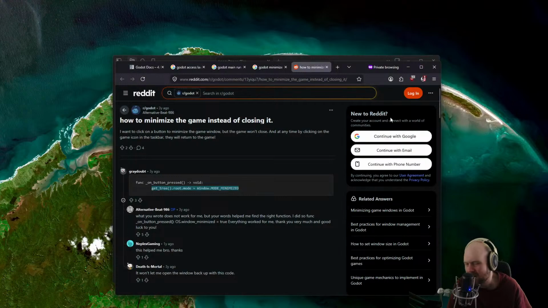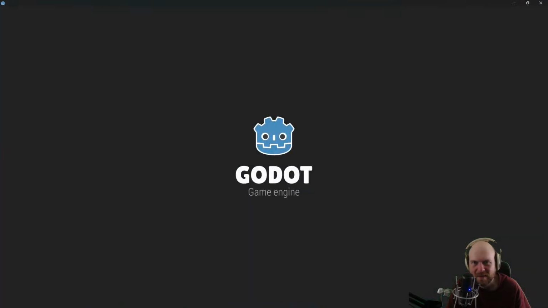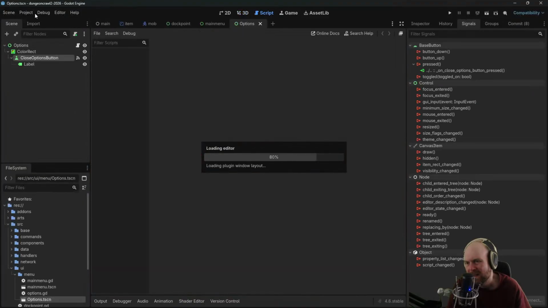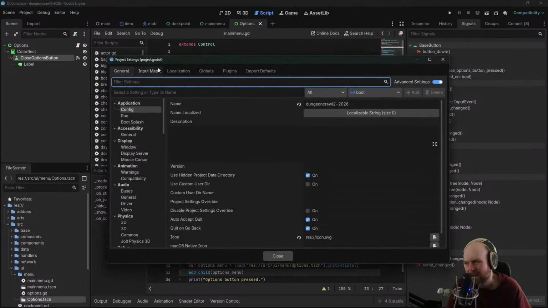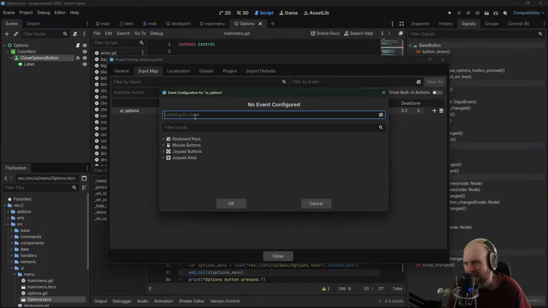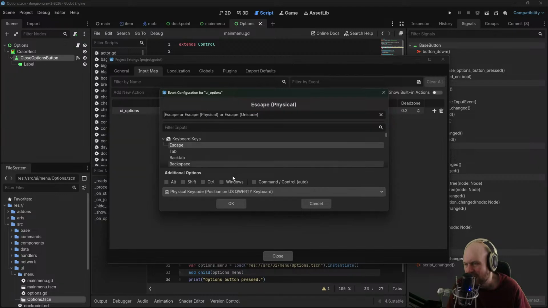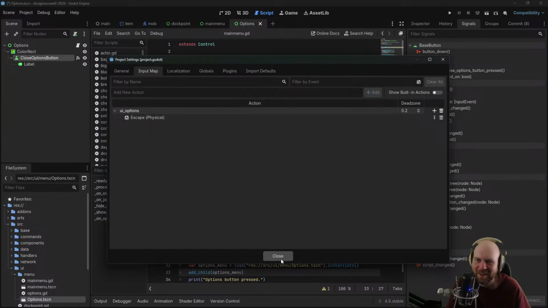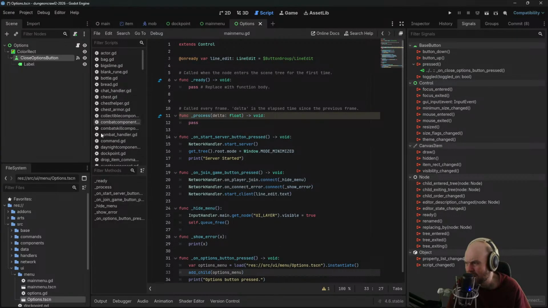Hello, are you kidding me? That just closed Godot. There we go. Okay. Why did that crash Godot? Don't worry about it. Back in the input handler,